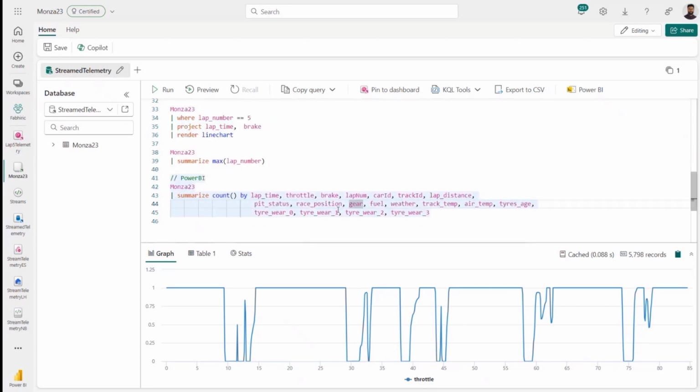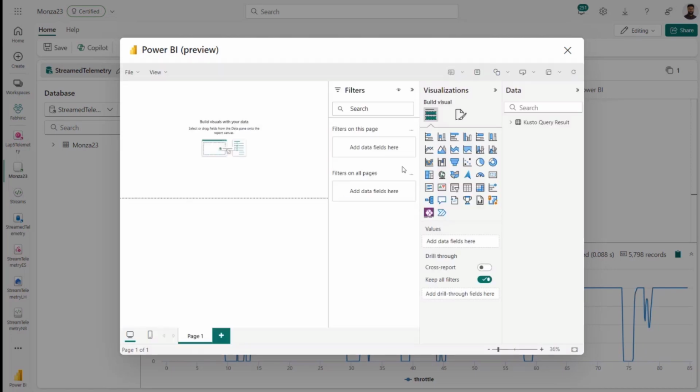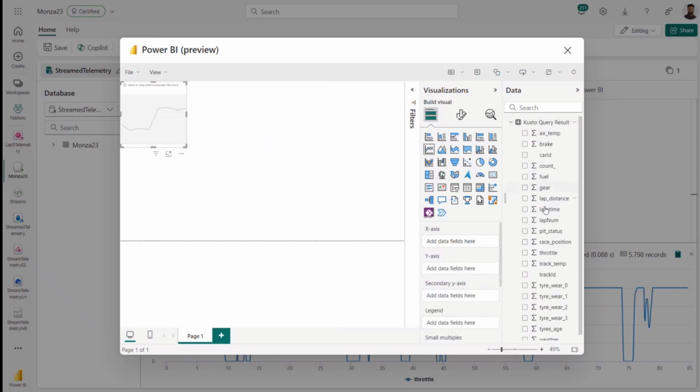But you can take a query that you've got of all these values, highlight the query, click the Power BI button here, and what you get is Power BI itself in a little preview window while you're running your Kusto queries. And what you're able to do here is start to build the same visualizations. So very quickly, if I say I want my throttle input over the lap distance,